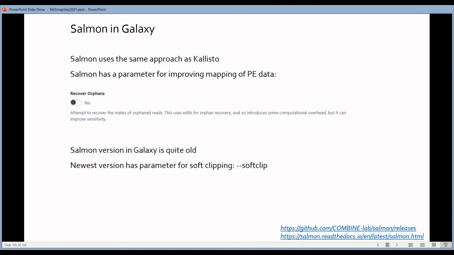And it's a good idea to set this one to yes if you have paired-end data, because it's established that it will give better, more accurate results. You need to know that the version of Salmon in our Galaxy server is quite old. And this is why the version that is now built in Galaxy does not perform soft clipping. But in the newer versions of Salmon, there is an extra parameter for that, where you can specify whether you want to do this, yes or no.